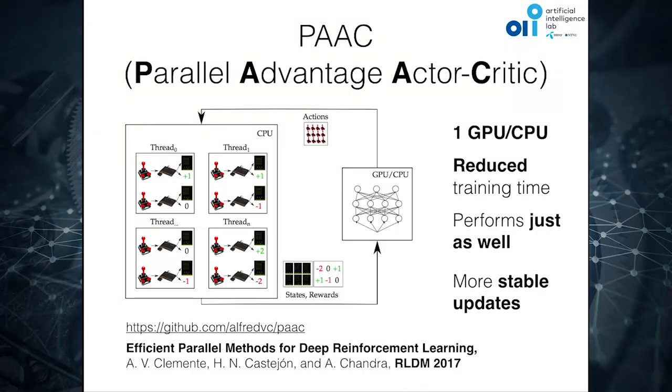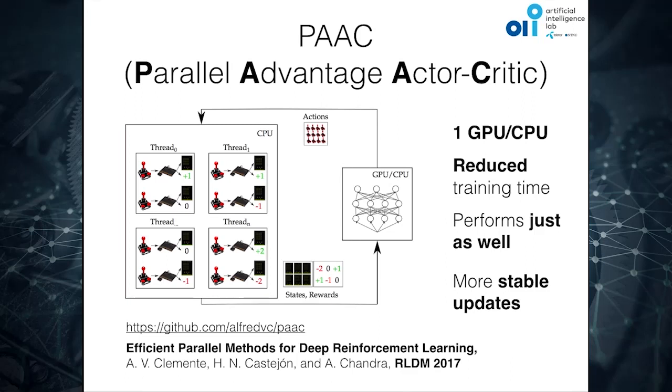Essentially, the student simplified the training process, still working with parallel copies of environments, but instead of interacting with them asynchronously, synchronized everything. So here's an agent running on a CPU or a GPU. It interacts with multiple environments in sync, takes an action in all of them, gets the next state and reward for the step from all of them, and then it uses this batched experience to do an update. As simple as that.